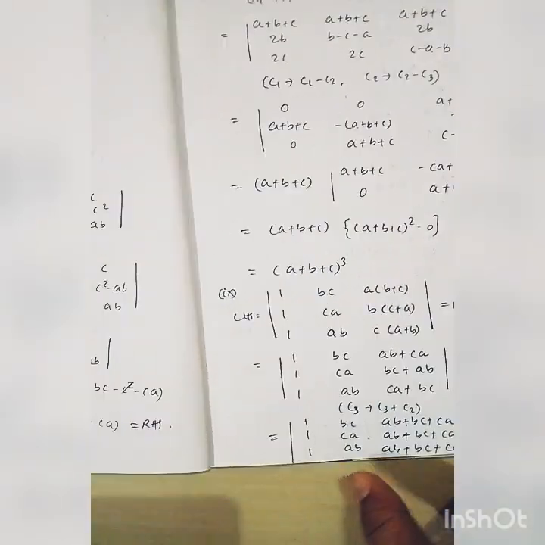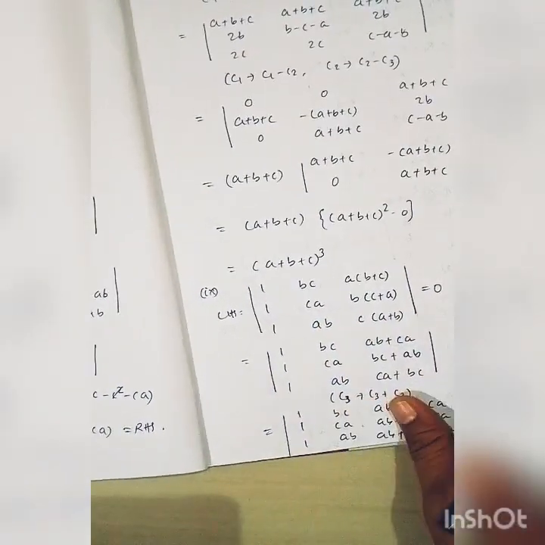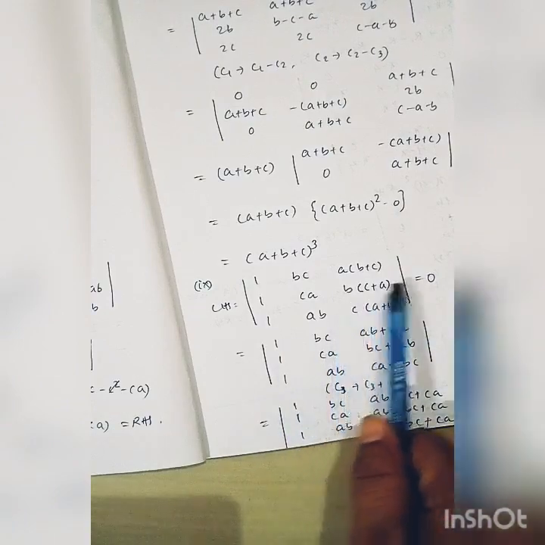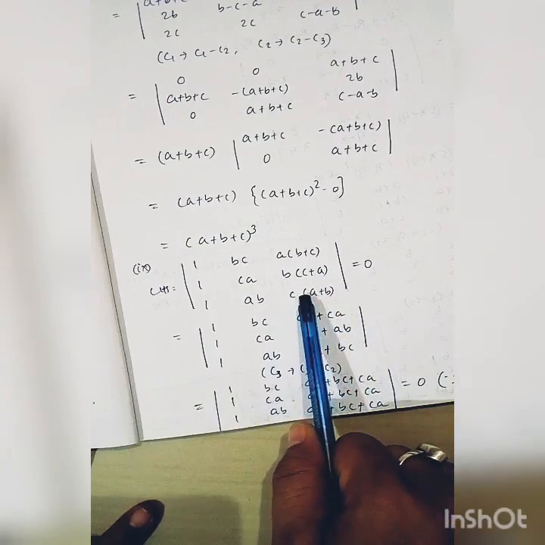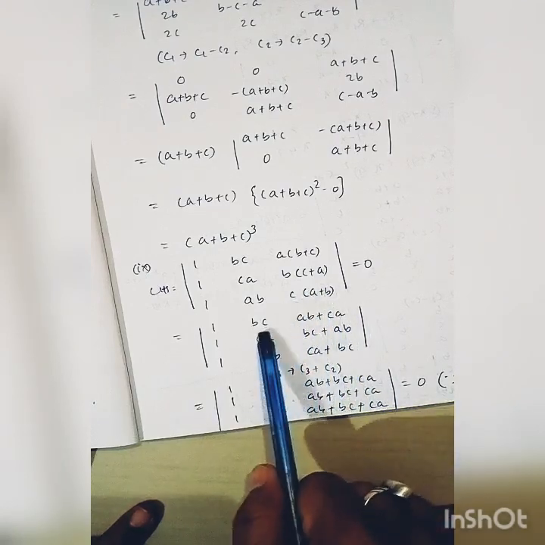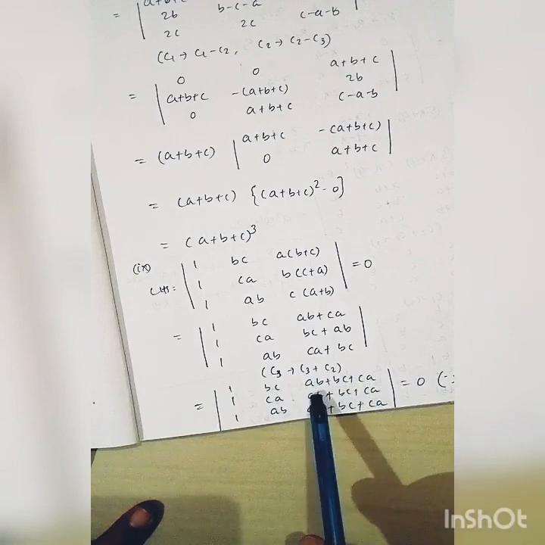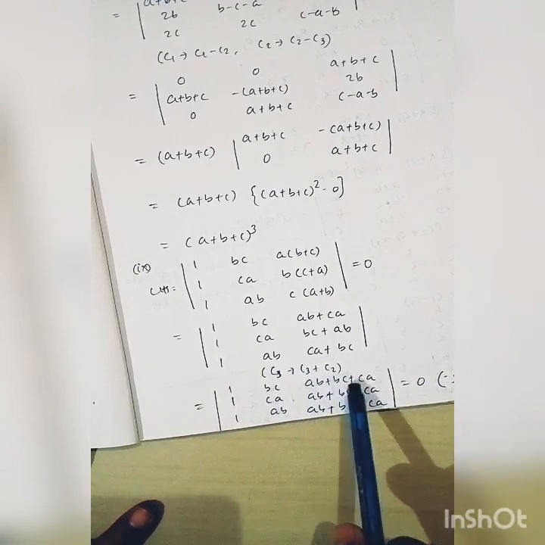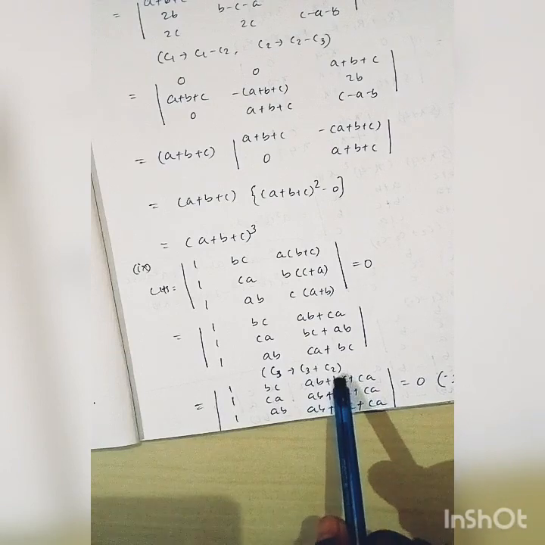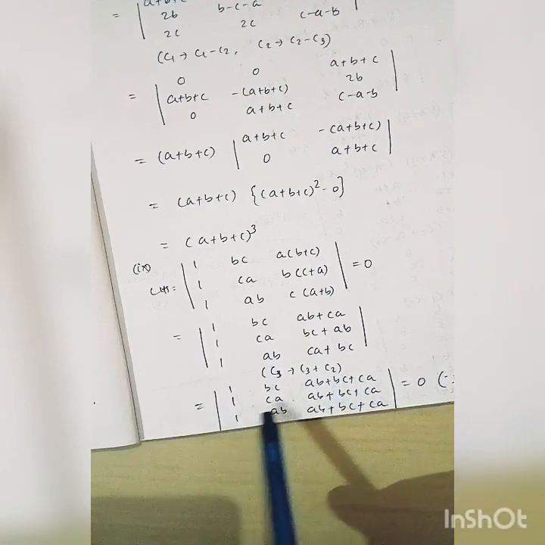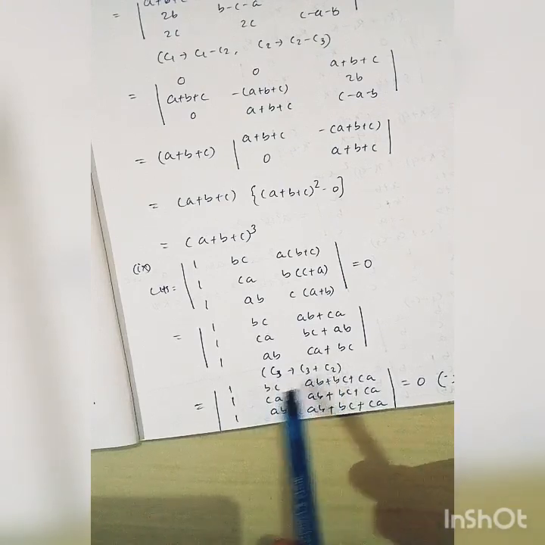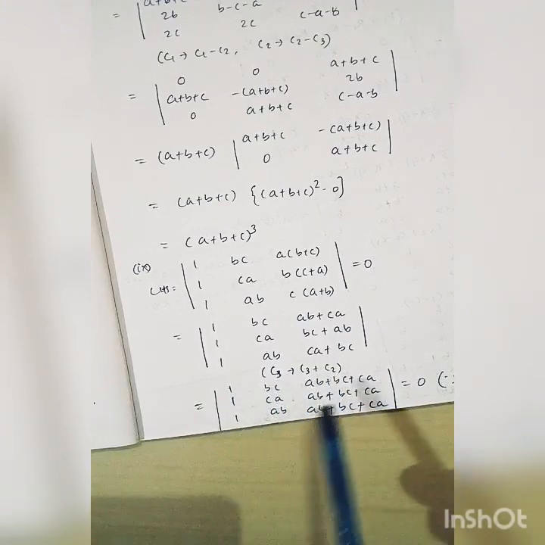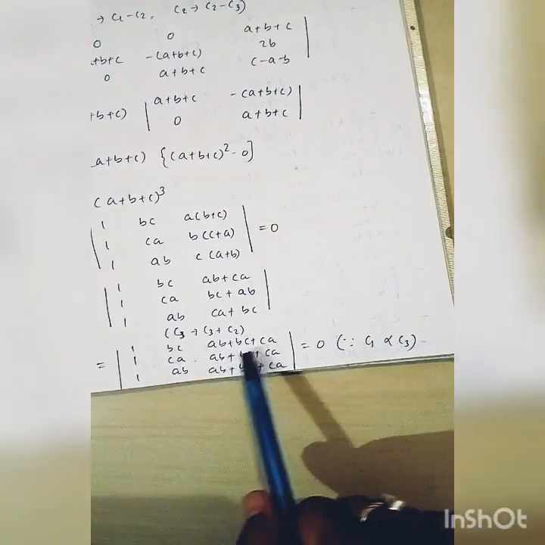Another question, prove that determinant of this equal to 0. Now if you multiply this, it is abca, bcab, cabc. Again use the property column 3 plus column 2, that is we get ab plus bc plus ca, ab plus bc plus ca, ab plus bc plus ca. By taking ab plus bc plus ca common, we get 1 1 1, which is same as column 1 and column 3. As you know that from the column identical property, determinant of this equal to 0, or directly you can say that as column 1 is proportional to column 3, determinant of this equal to 0, by using the identical or proportional property.